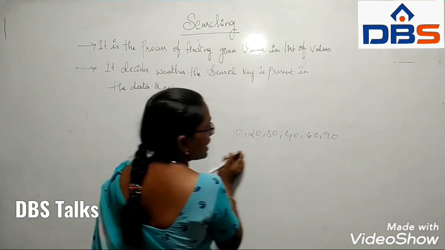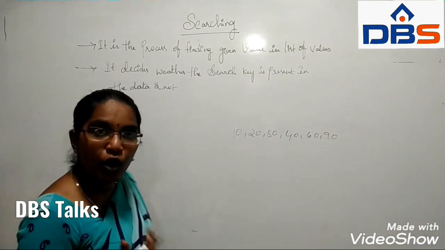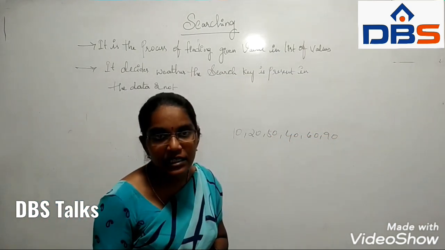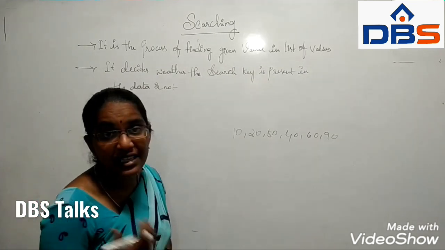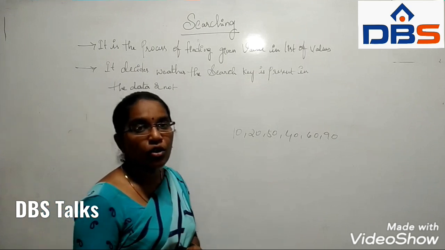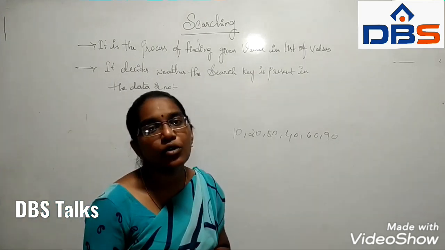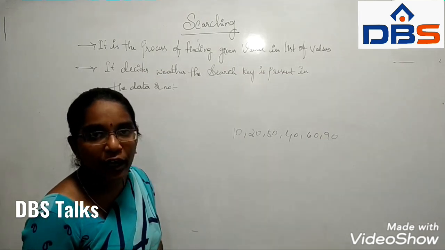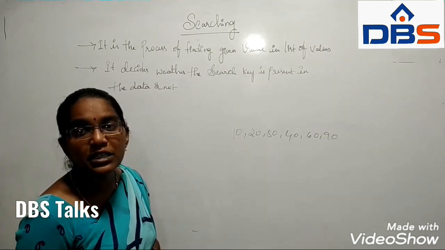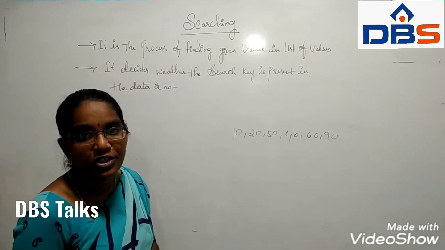If these are the elements in the list, and you want to find a particular data in that list, what we are going to do first is check whether these elements are found in that particular list or not. Then what is the operation that we are going to perform there? The basic operation, if you want to find an element in the list, is searching.